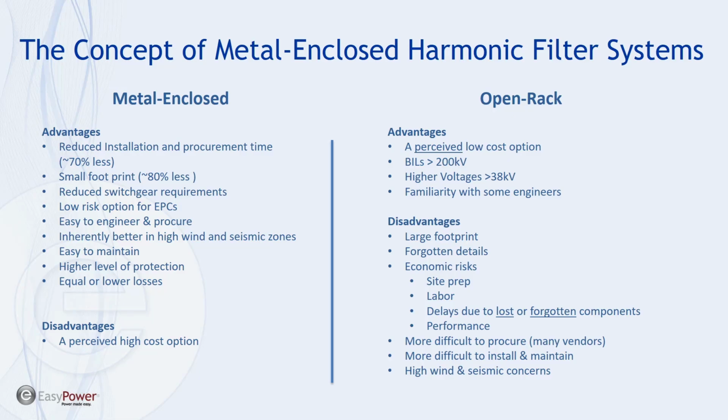In a mine environment, you would think that space is not expensive, but in fact it is very expensive. Copper concentrate plants are often located high up in the mountains, and as such, it's hard to find a piece of flat land to support the large footprint associated with an open rack system. For that reason, the smaller footprint associated with metal enclosed systems becomes more advantageous. There are some other key advantages, but I think the first two are the main advantages of the metal enclosed system. So moving on,